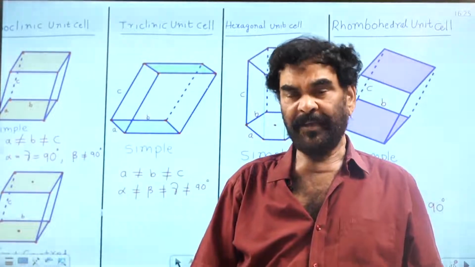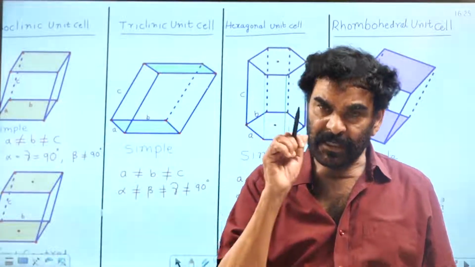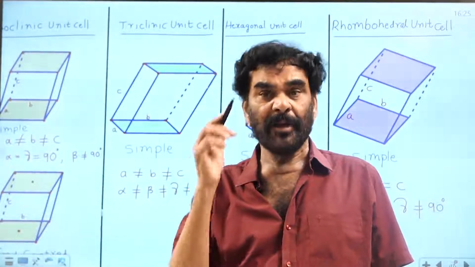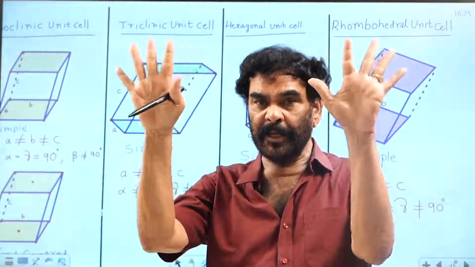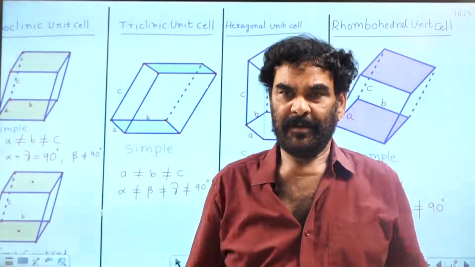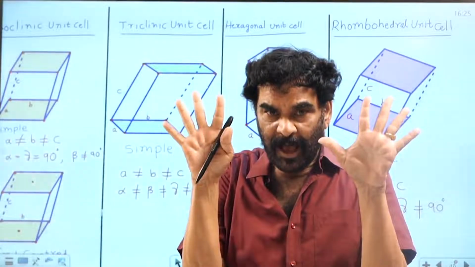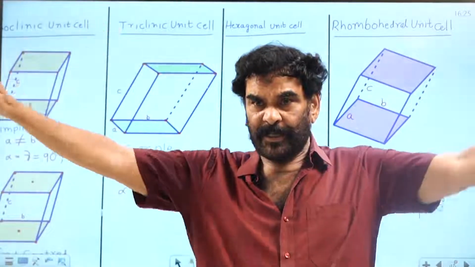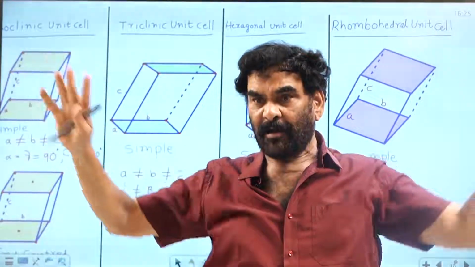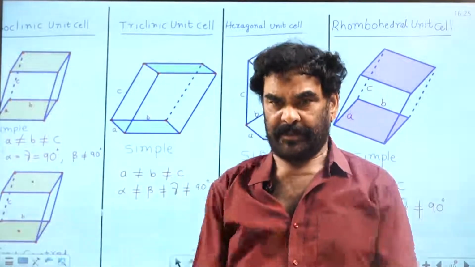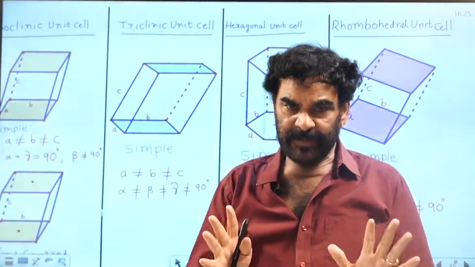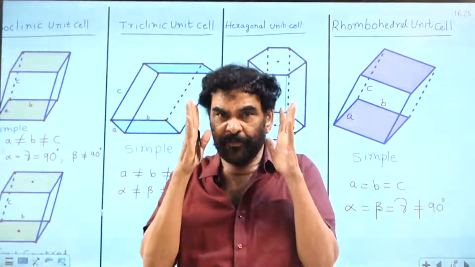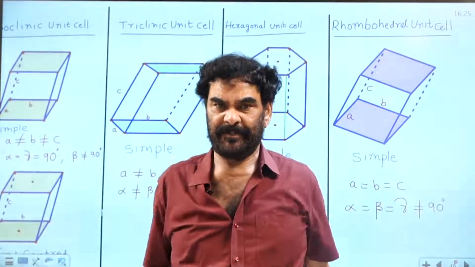Bravais classified the lattice systems or unit cells into 14 types. There are 14 Bravais lattices. The possible 14 unit cells are called the Bravais lattices. He determined this experimentally, so not 28, only 14 are possible.